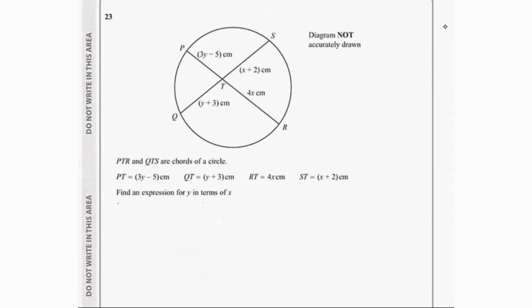Now they're talking about PTR and QTS, which are chords of a circle. As you can see, they're intersecting. And they're saying that PT equals 3y minus 5, QT equals y plus 3, RT is 4x, and ST is x plus 2. We have to find an expression for y in terms of x. So whenever we have intersecting chords, we use the intersecting chords theorem. So based on the intersecting chords theorem,